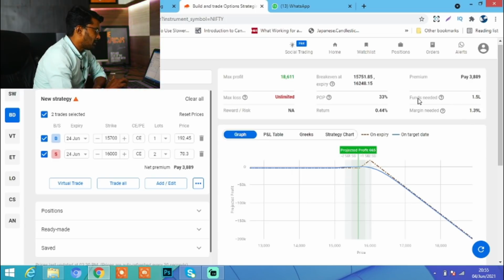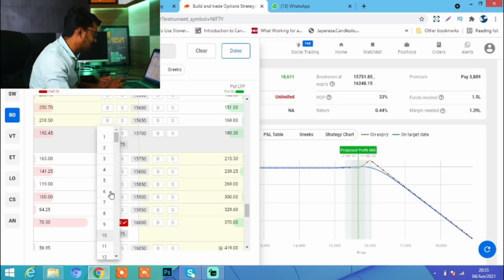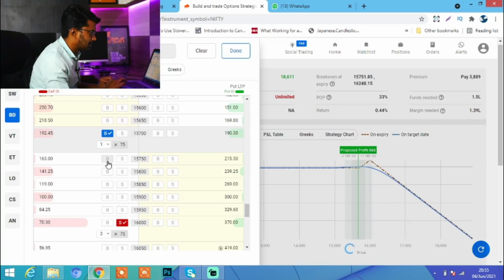Now in this scenario I have constructed this ratio spread, where I have bought 15,700 one lot and sold 16,000 call 2 lots on June expiry. Now if you see, I will have to pay around 3,889 rupees, and the funds required are around 1.5 lakhs. This is a debit transaction, that means you will have to pay it from your pocket. Now instead of selling 2 lots, if I sell 3 lots,